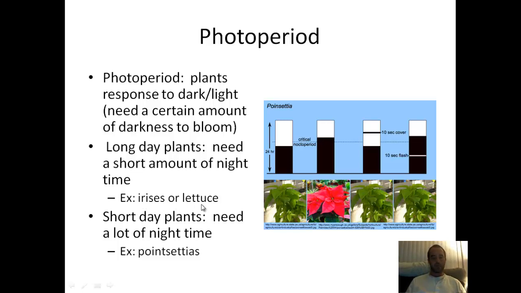And then over here, we've got a picture of a poinsettia. And a poinsettia is a short day plant. It needed a lot of nighttime. So here in the bar graph, they're showing the amount of, in the black is the amount of nighttime hours it's given, and in the white is the amount of daytime hours. So here it's been given a little bit more. It looks like it needs maybe 14 hours of